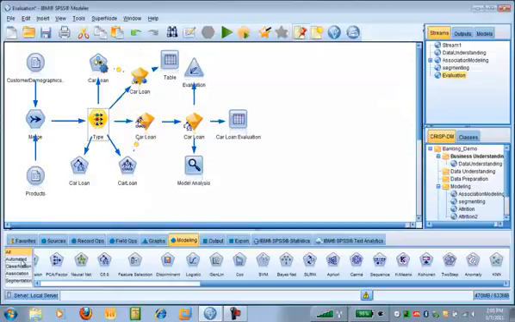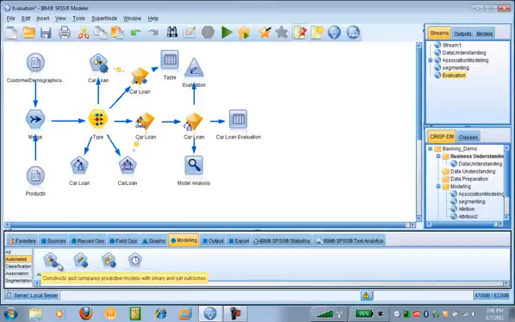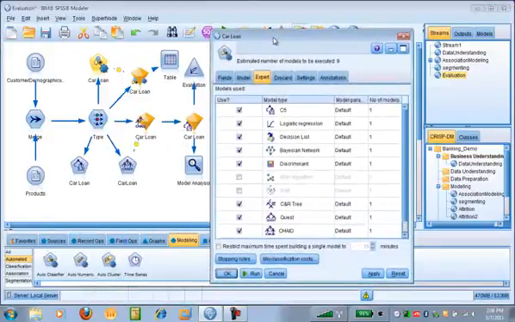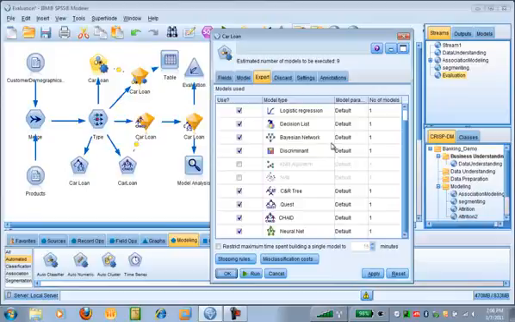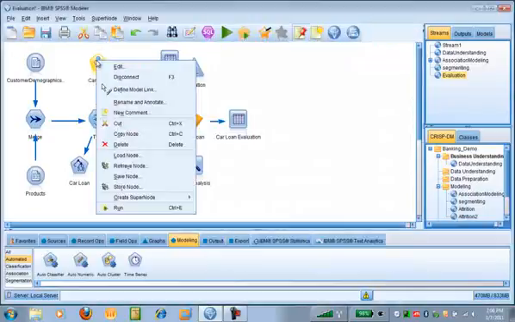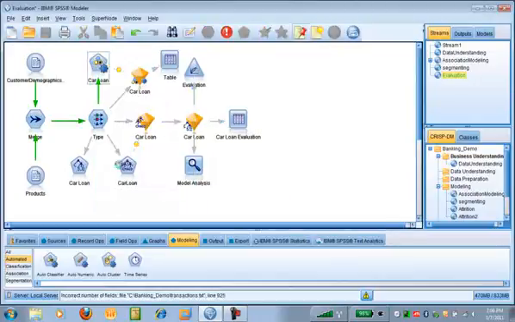Once we do that, we can apply a classifier. This auto classifier allows me to run multiple models at the same time. So in this case, I double clicked on the classifier and went under the Expert tab, and it gives me a list of all the different models I would like to run at this given time. I can run decision trees, I have some Bayesian networks in there, I have neural nets, and so on. If I right click on the node and run it,